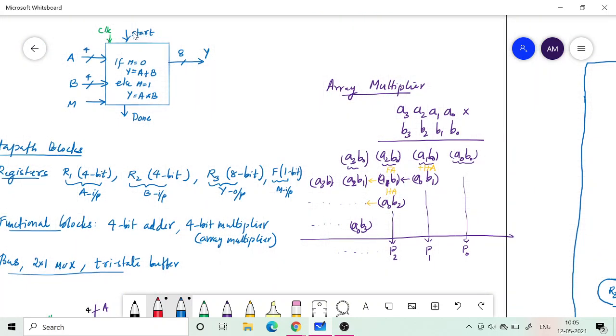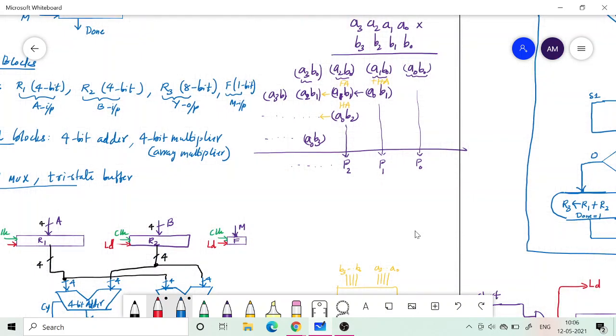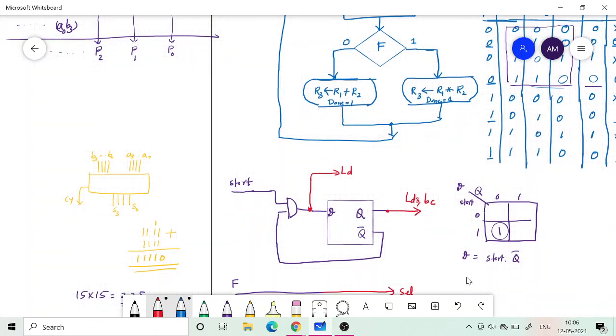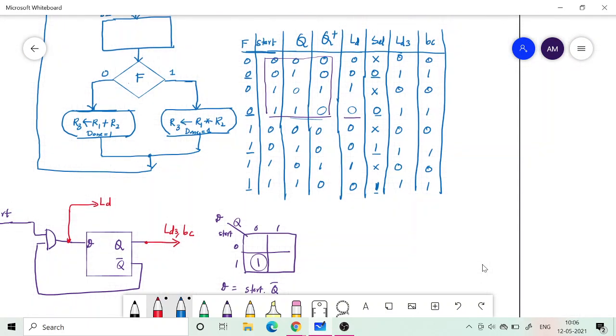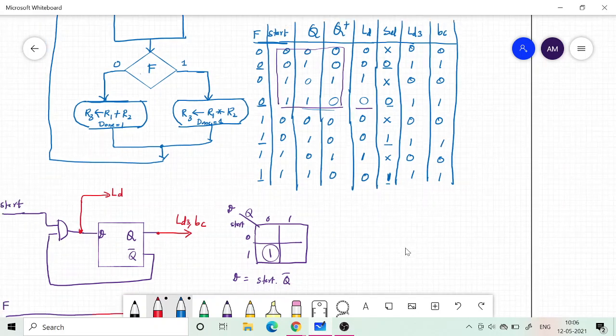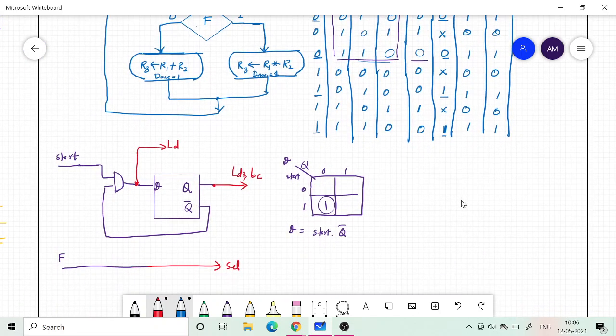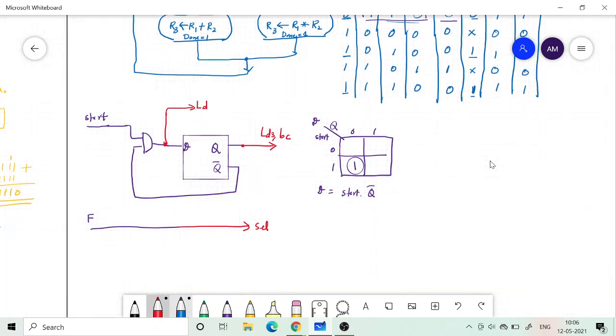So my start is 0. As long as my start is 0 and no data is coming, I will remain in high impedance state. But when data comes, after one clock cycle the controller state will go to S1. At that time my result will come there, and my done. Done I have not mentioned. So done is an output. When will that be? That will be basically S1 only. So you can just add it here.